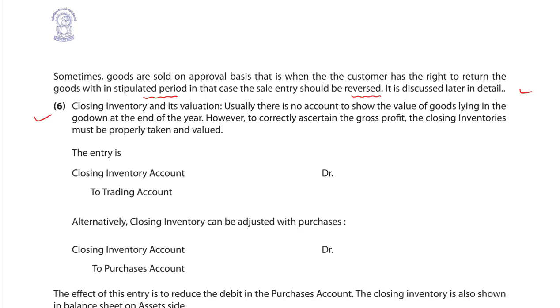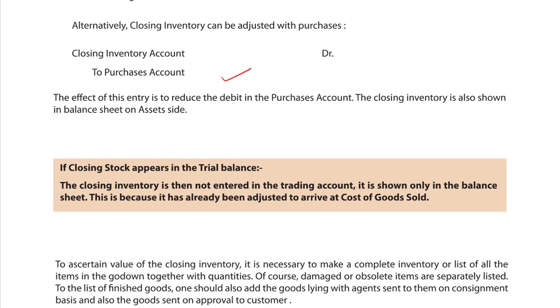Next, closing inventory and its valuation. Usually, there is no account to show the value of goods lying in the godown at the end of the year. However, to correctly ascertain the gross profit, the closing inventories must be properly taken and valued. The entry is closing inventory account to trading account. Alternatively, closing inventory can be adjusted with purchases also. Closing inventory account to purchase account. The effect of this entry is to reduce the debit of purchase account. The closing inventory is also shown in the balance sheet on the asset side